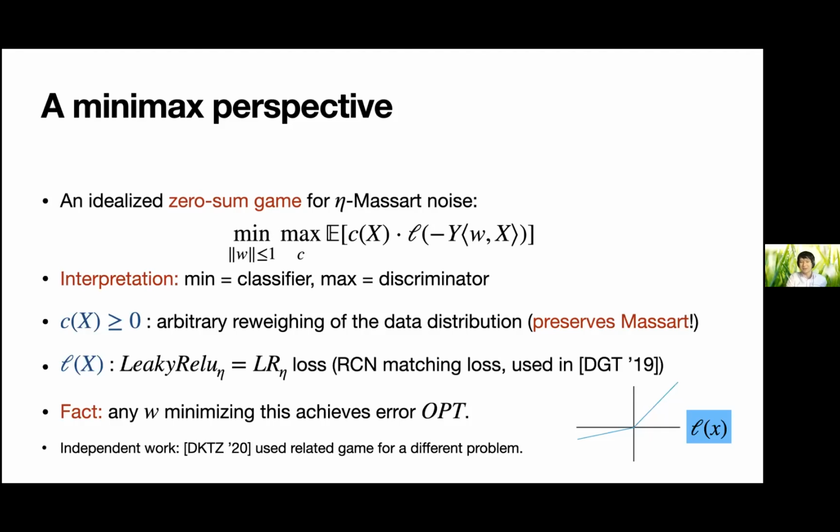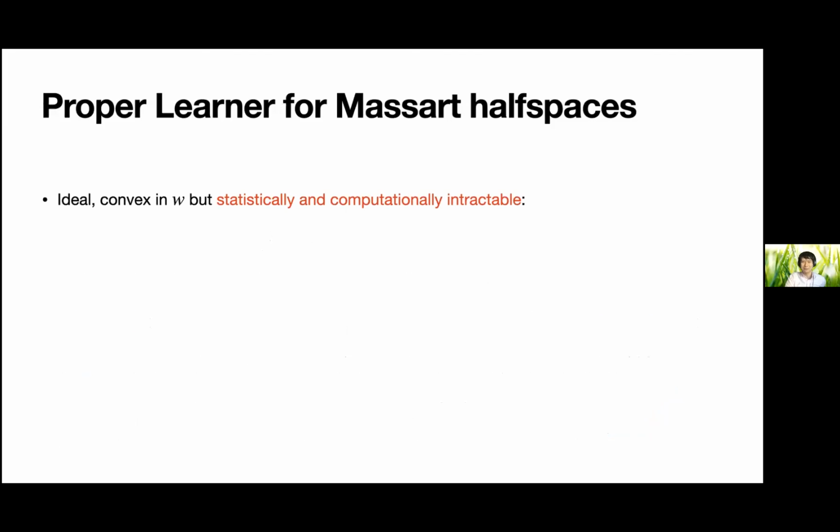Okay, last thing I wanted to mention is that there's a related work by Diakonikolas, Tzamos, and Zarifis. For this kind of general family of problems, this min-max framework is pretty natural. So they actually use a similar idea in an independent work for a different problem, which I won't get into, in some setting where you have distributional assumptions on x. The details beyond the fact that they use the min-max game are not so relevant. But this is a very natural way to try to solve this problem.